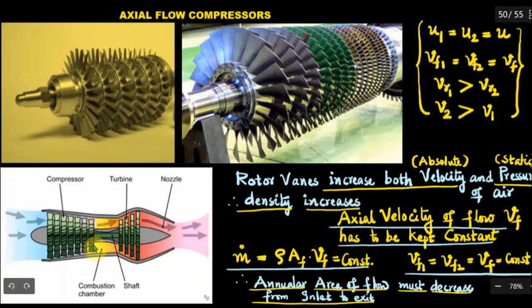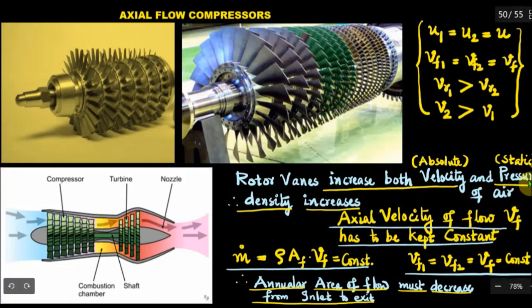That can be answered now. See, the rotor vanes, as I told you previously, increase the velocity. What velocity? Remember, absolute velocity. So be very clear with that. The relative velocity does not increase, only the absolute velocity of air increases. Therefore, the rotor vanes increase the absolute velocity of air because of energy addition or energy transfer from the rotating impeller to the fluid, and the static pressure also will increase, that is due to the increase in flow area between the vanes from inlet tip to the outlet tip.